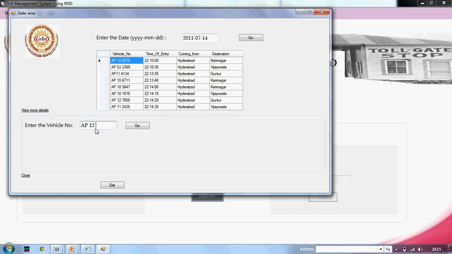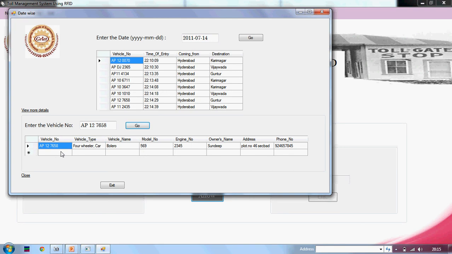For example, the last but one vehicle number is entered here. I get the vehicle number, the car type, which is four-wheeler, vehicle name, model number, engine number, owner's name, address, and phone number. Immediately, I can track the person where he is, or any theft management can also be done using this module.